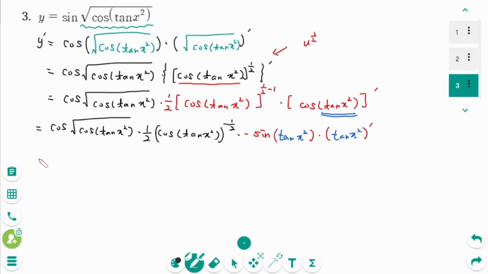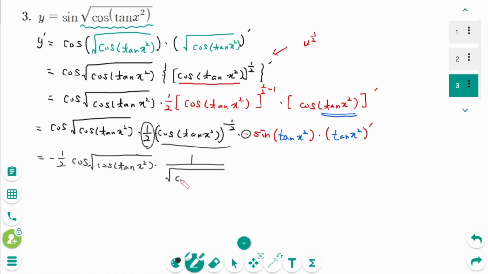We can rewrite as minus 1 over 2, then cosine square root of cosine of tangent x squared times this one back to radical form, 1 over square root of cosine of tangent x squared times